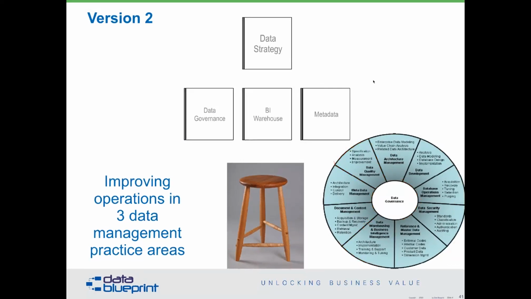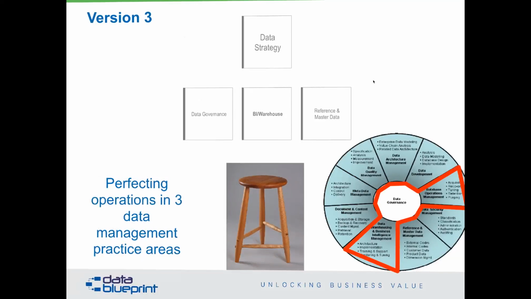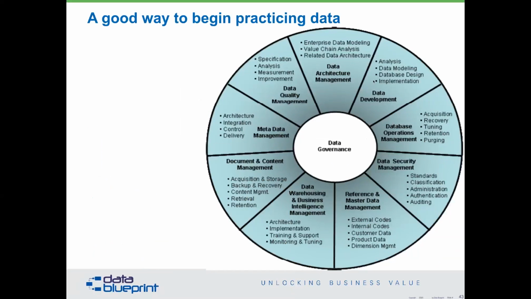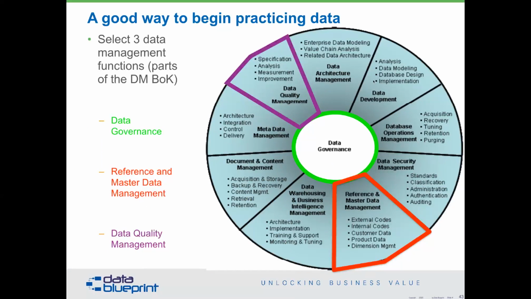Similarly, we could look around and say, oh, okay, maybe there's metadata that we should do. Again, each of these are potential combinations. In our case here, we're a lot more likely to get it to work when we have this combination of reference and master data, data governance, and data quality as our three pieces in this. So again, at least three functions within here. Data governance, reference and master data, and data quality are typically required at the very least, because the three of